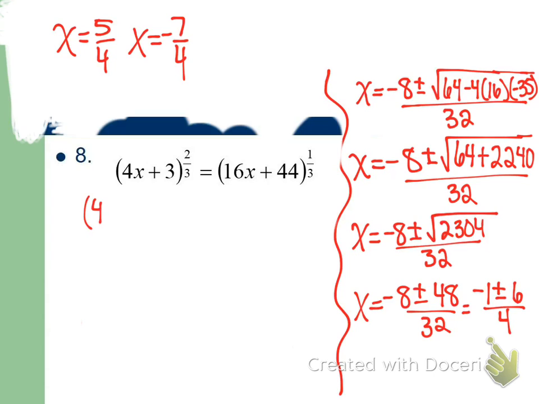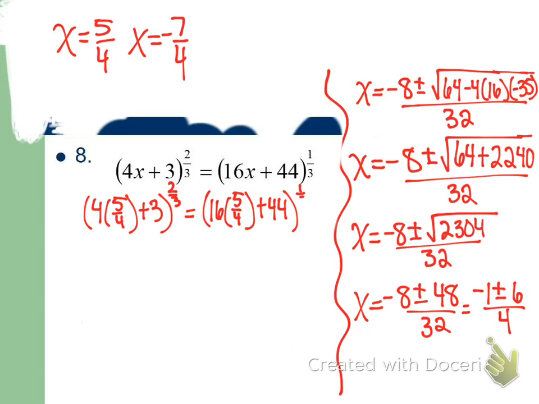So we've got 4 times 5/4 plus 3 raised to the 2/3 equals 16 times 5/4 plus 44 raised to the 1/3. Now this is nice because 4 times 5/4, what happens with those 4s? Cancel out. We're left with 5 plus 3, which is 8. So we have 8 to the 2/3